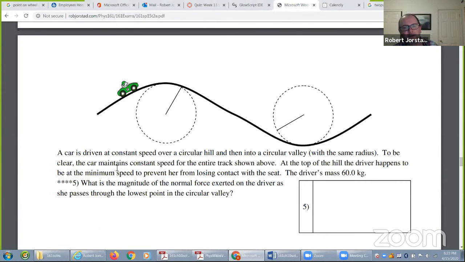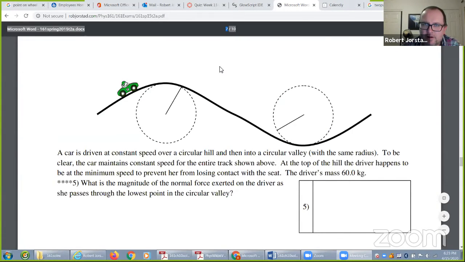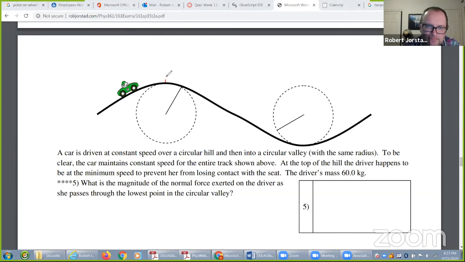All right. So I want you to think to yourself what type of problem this is. Hopefully you got it. I'll start drawing. There's a normal force, mg. And should these balance? Should these be balanced? No, because it's got to accelerate towards the center of the circle. Now over here,